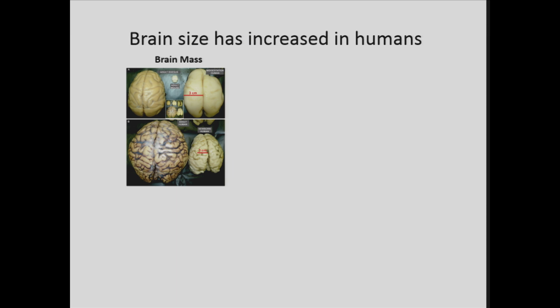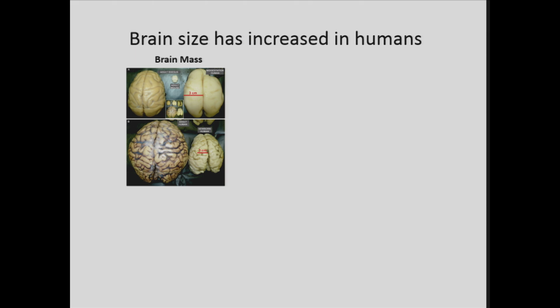Okay, so on the top left, you can see a brain of an adult rhesus macaque, which is about the same size as the brain on the right, which is the brain from a developing human being. As that developing human develops, we move down to the bottom, and you see that that brain expands, and we get more gyrification occurring in the brain. So it may not come as a total surprise to you that the human brain is larger than the brain